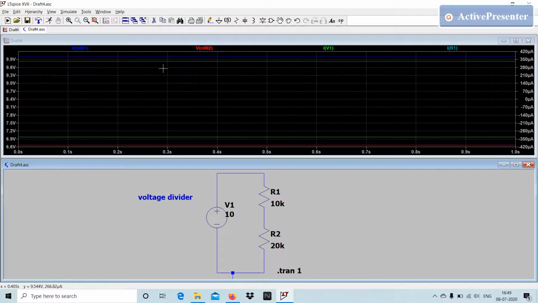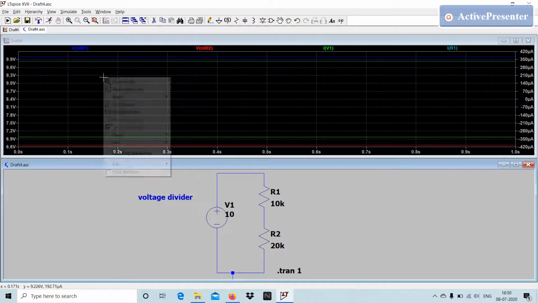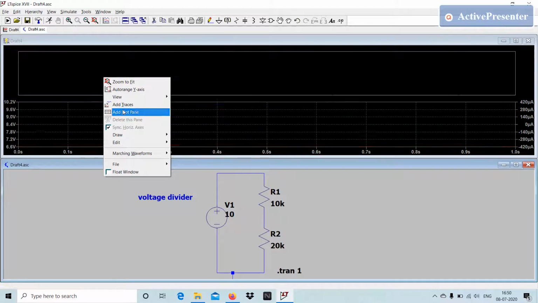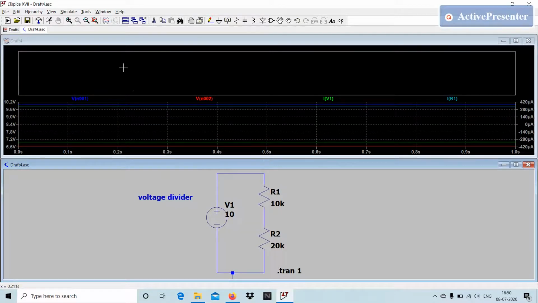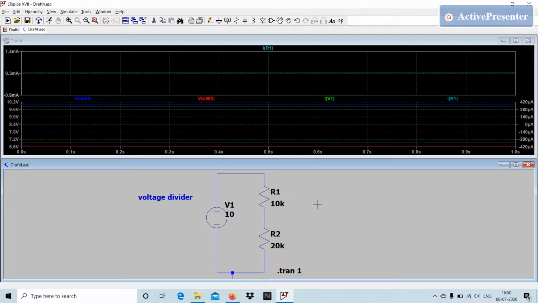Okay, now you are getting all the values in a single window, but if you want to see the output values in two or three windows, what you can do is right click on that panel on the window. You will get the add plot pane. Okay, now whatever waveform you want to draw over here, you can go and click on it.